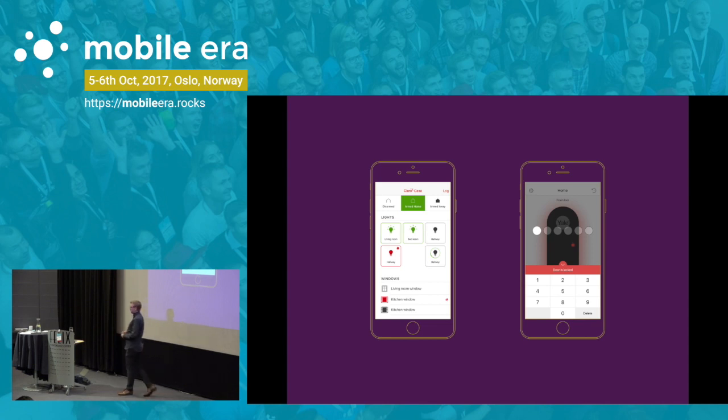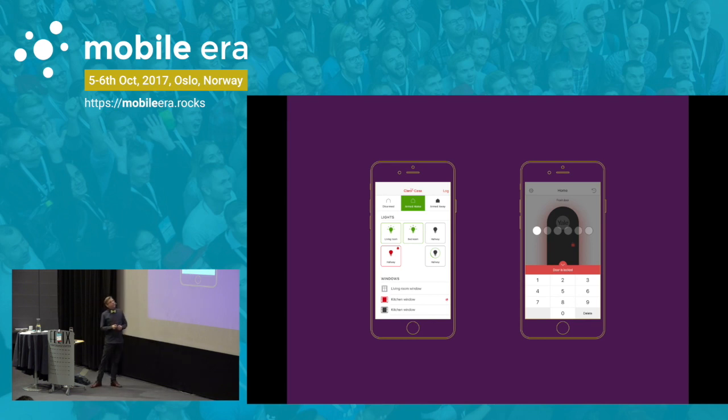And if you did, you can just check your app and confirm that you did or did not. So you don't have to leave the bus and run home and close the window. You also can, of course, control the alarm, and you're obviously not allowed to set the alarm for your house if you haven't closed the windows.